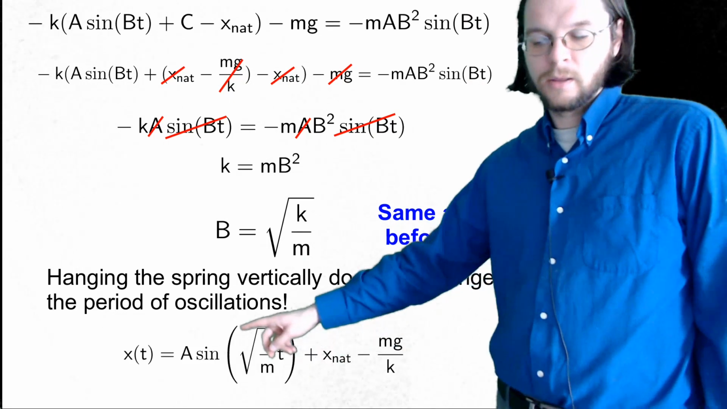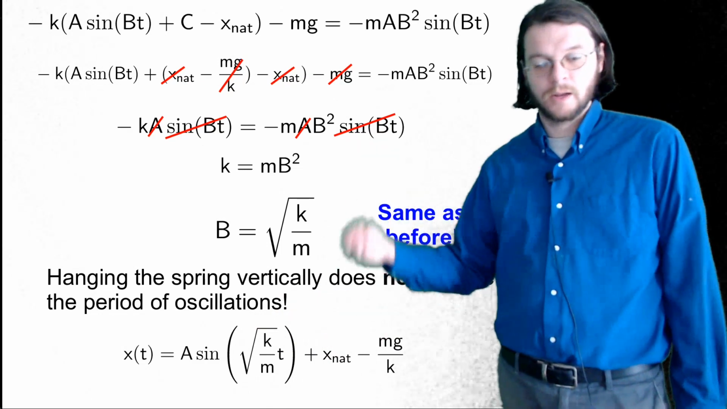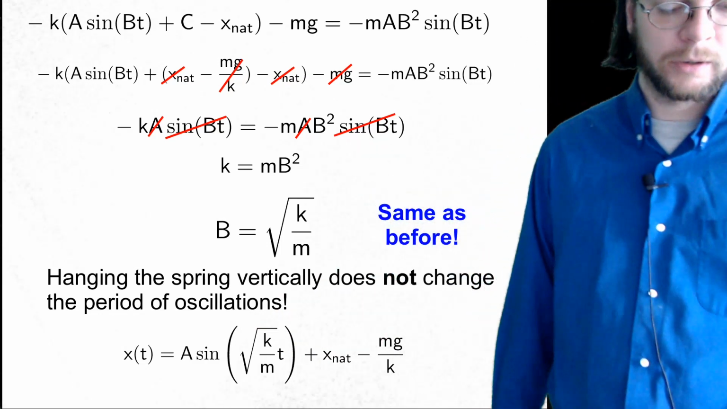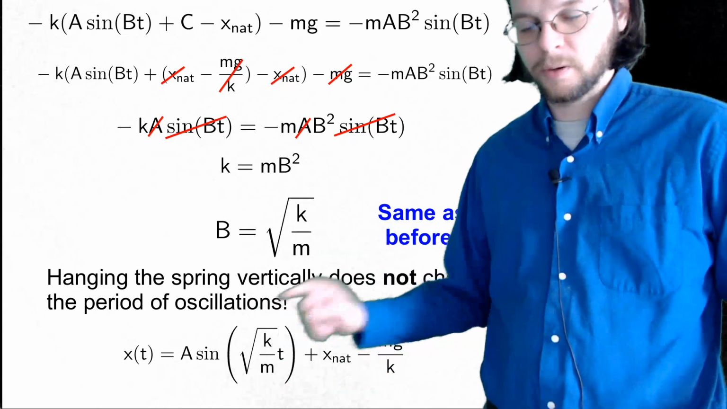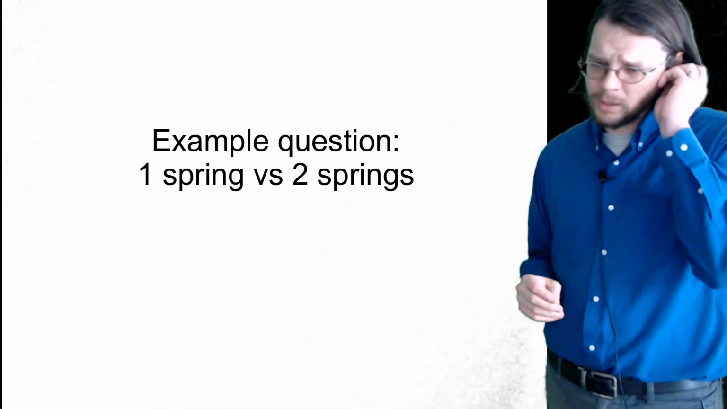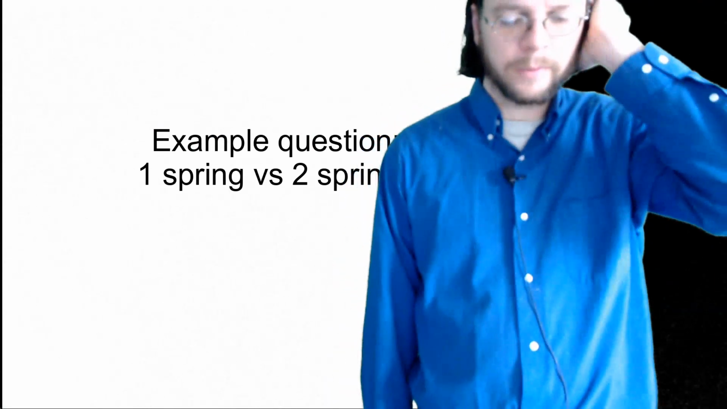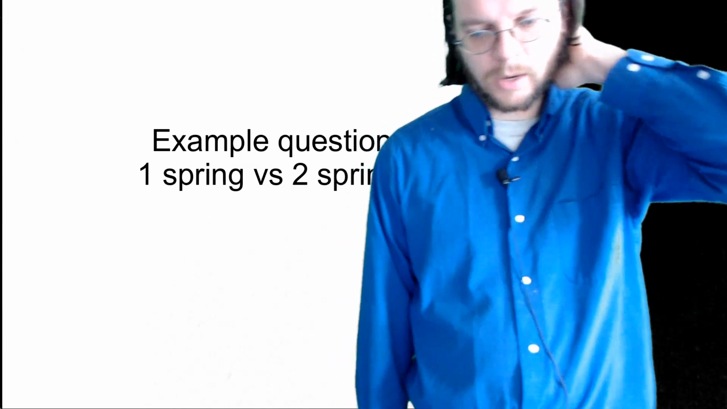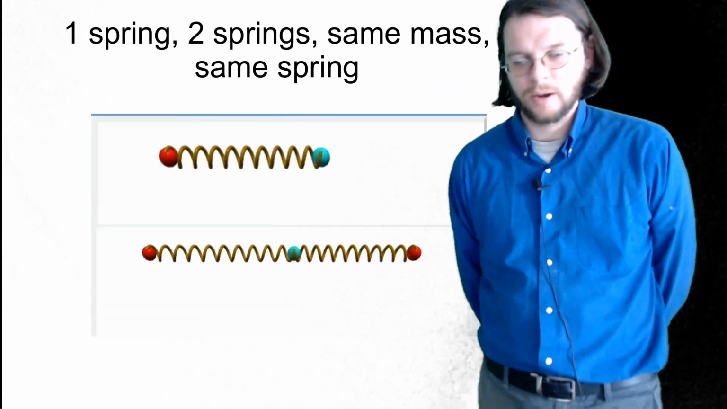So this ends up being the formula for a hanging oscillating spring. And you can kind of see that the period would be the same, as long as B is the same. Here's kind of an example question that you might see on maybe the final or something like that. I'm thinking about how the oscillation frequency relates to, say, the k constant of the springs. So I have this animation here,